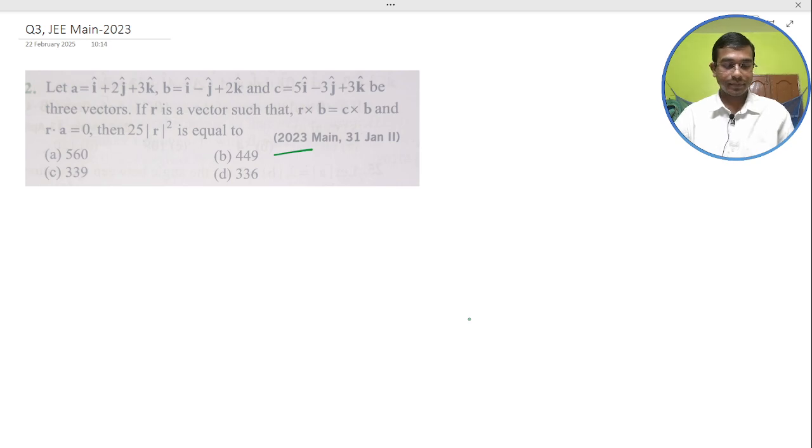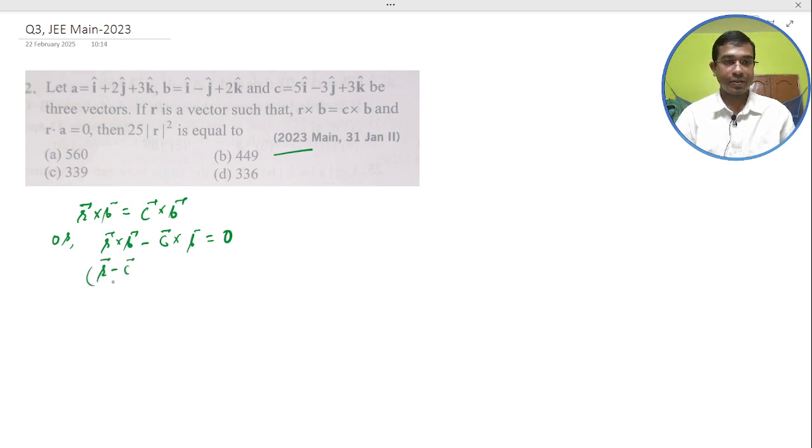So here, it is given R cross B equals C cross B, or R cross B minus C cross B equal to 0. That means (R minus C) cross B equal to 0,